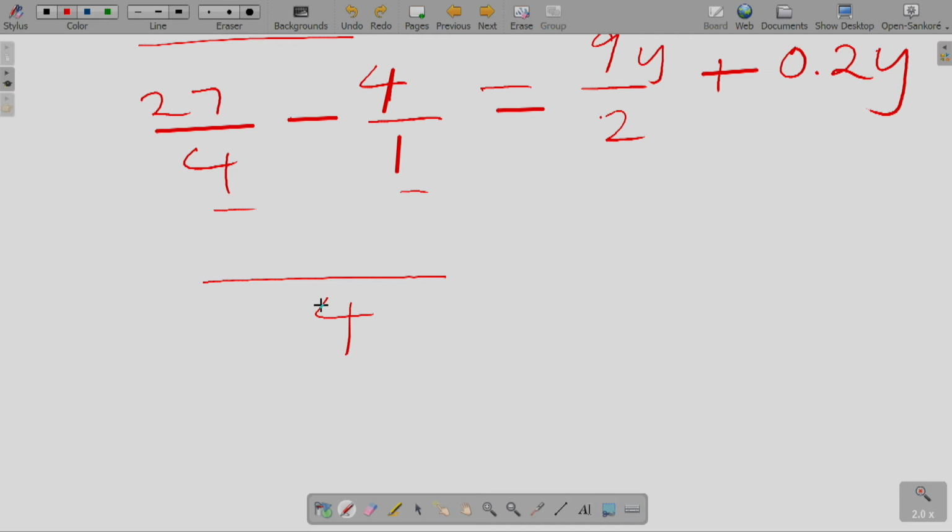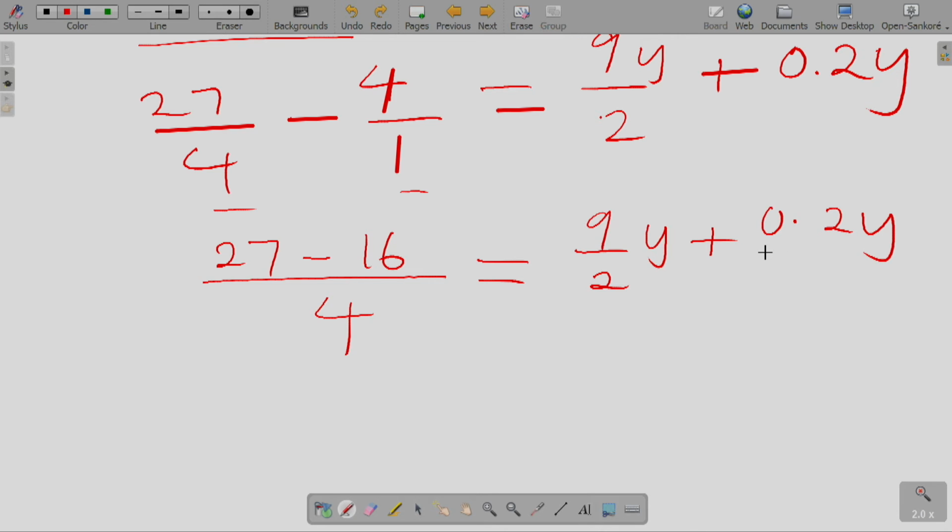So 4 divided by 4 equals 1, 1 times 27 is 27. 4 divided by 1 is 4, times 4 equals 16. So 27 minus 16, we'll get 11 divided by 4 equal to